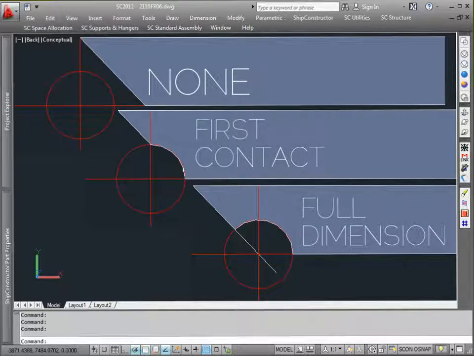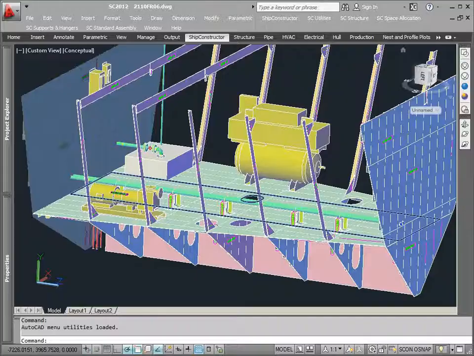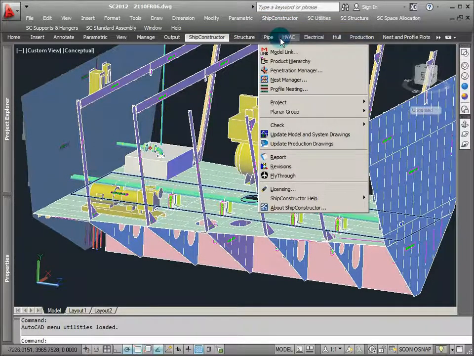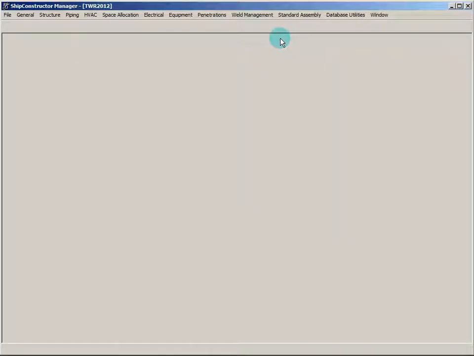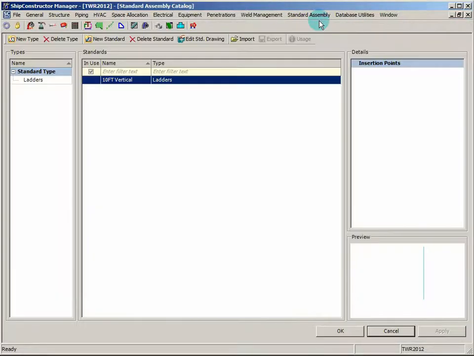Right? Heard this time and time again. It's a fantastic feature to have. We have things like standard assemblies, I said a moment ago, and these are great. These give you an opportunity to predefine some sort of structural piping, HVAC equipment combination as its own entity with its own product hierarchy. We generate those in the manager the same way you would manage equipment, for instance,